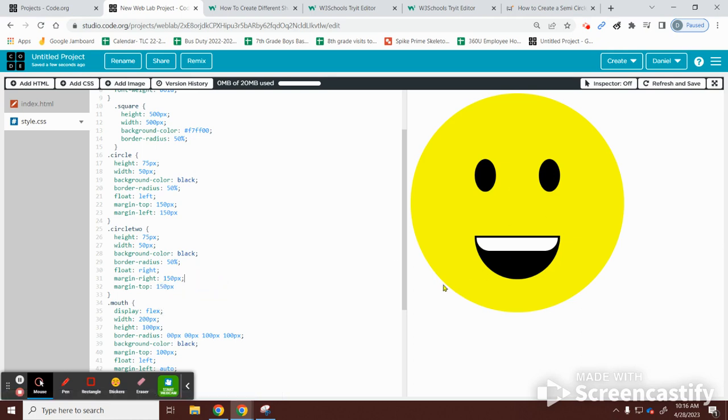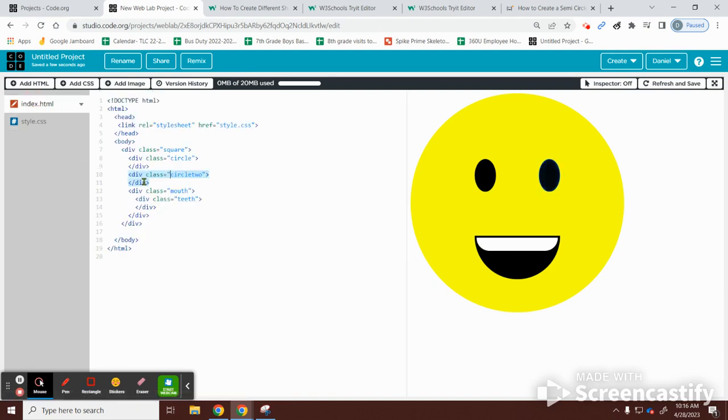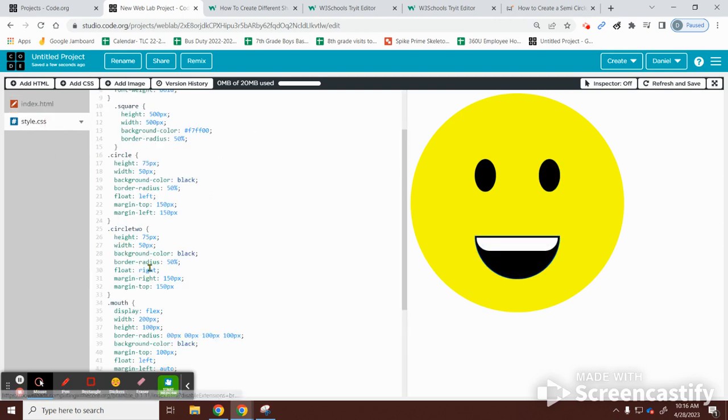Okay, now we get to the mouth here, and the mouth I want underneath my circles, so I put my mouth underneath the circles. All right, so this one is layered, this one is layered, and this one is on a different layer as well. So I come to the mouth,